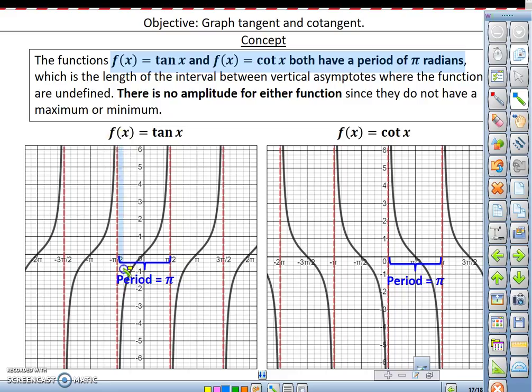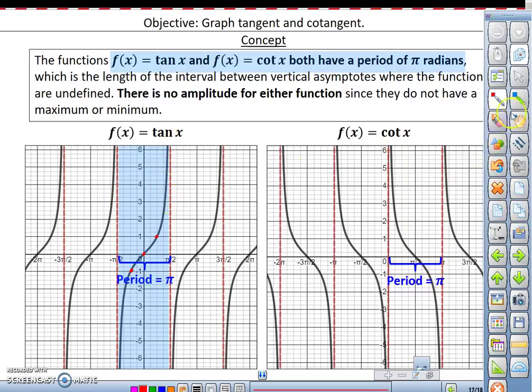So this is what's considered the first cycle of our tangent function, which goes from a vertical asymptote at negative pi halves radians, where tangent is undefined, to another asymptote at the end of the first cycle at pi halves radians, where tangent is again undefined. Halfway between those two, we end up with an intercept, 0, 0. Halfway between the intercept and the leftmost asymptote, we have at negative pi fourths radians a y value of negative 1, and at pi fourths radians we have a y value of 1. So these 3 points are actually the key points that we graph, and then we have the curve that approaches